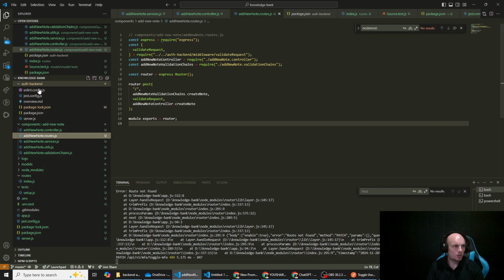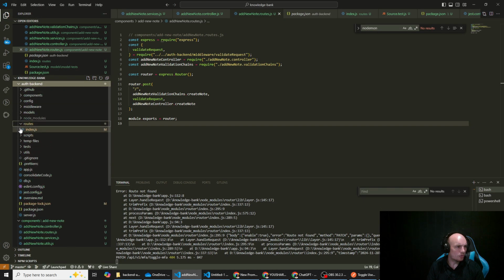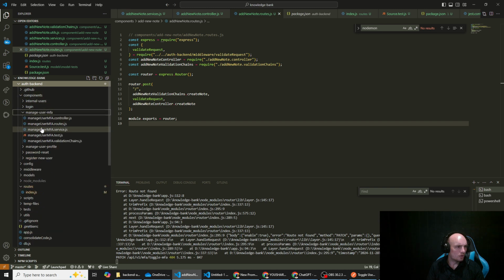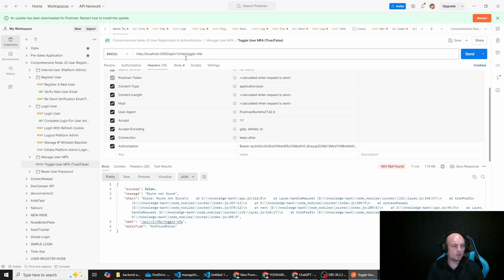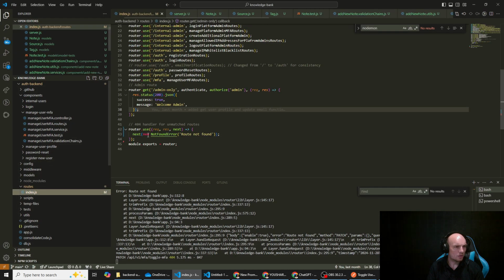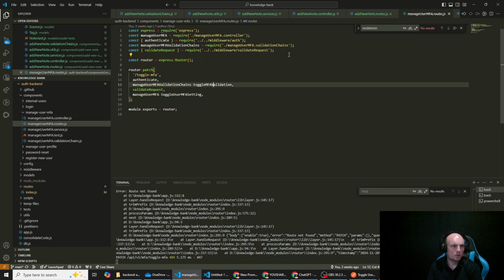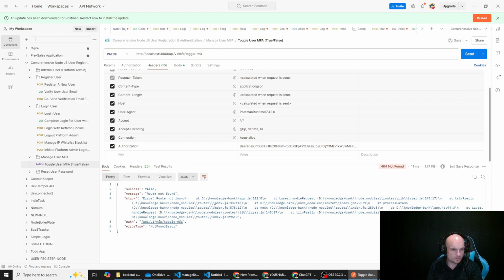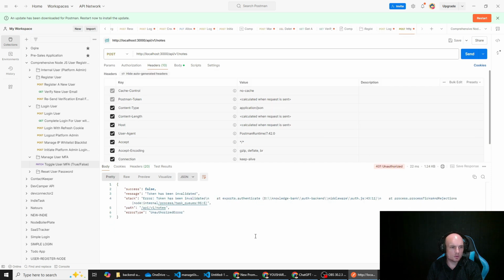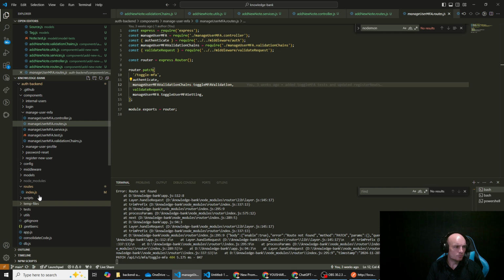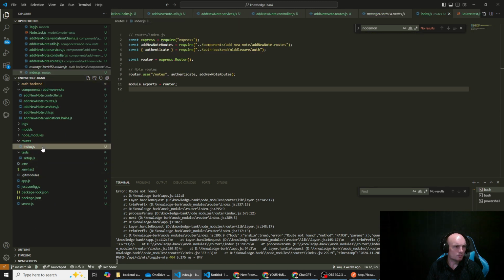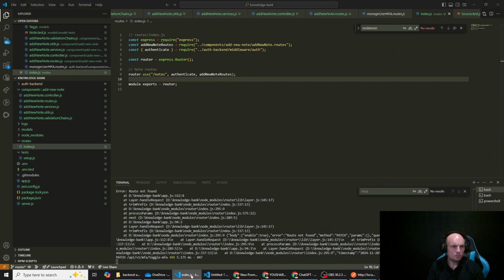Okay, so let's just check that. So auth routes, no, components, toggle MFA. Okay, and just go here. Okay, toggle MFA. It's still trying to look in knowledge bank. See, so right, so what I'm going to say,